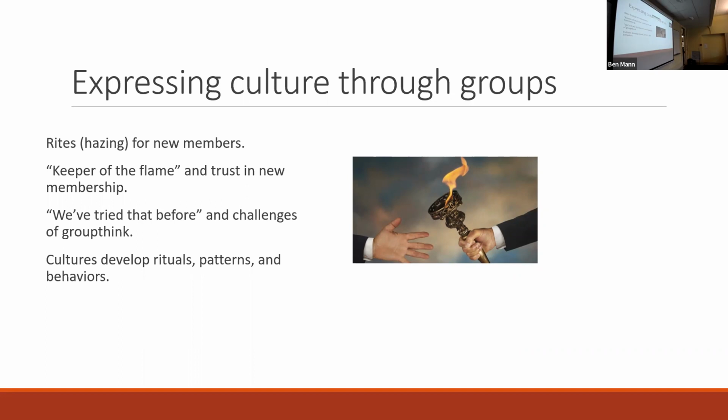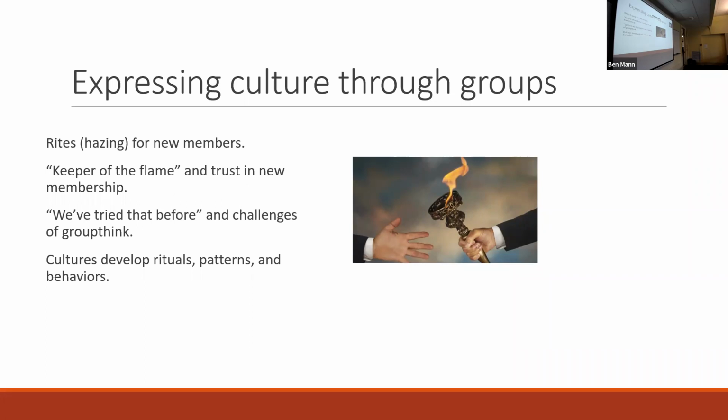And there's a challenge, there's a tension that comes in new members joining and fully participating in groups. Sometimes we have older members of a group who went through a lot of challenges and issues, and they believe that newer members of the group need to go through the same set of challenges that they did. For example, maybe there is an incredibly difficult test that you have to take to become a new member that they had to take, or maybe you're expected to run a mile in a very short period of time because that's what they had to do.